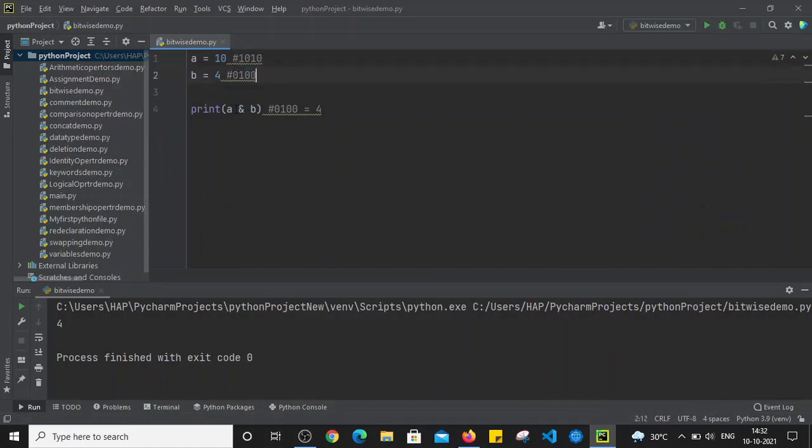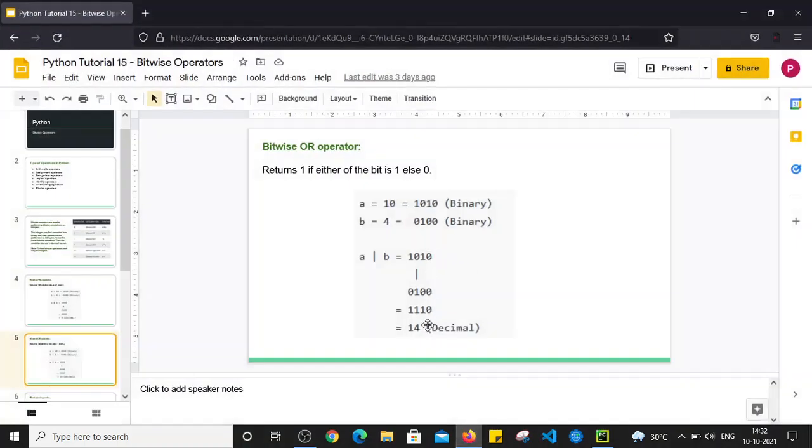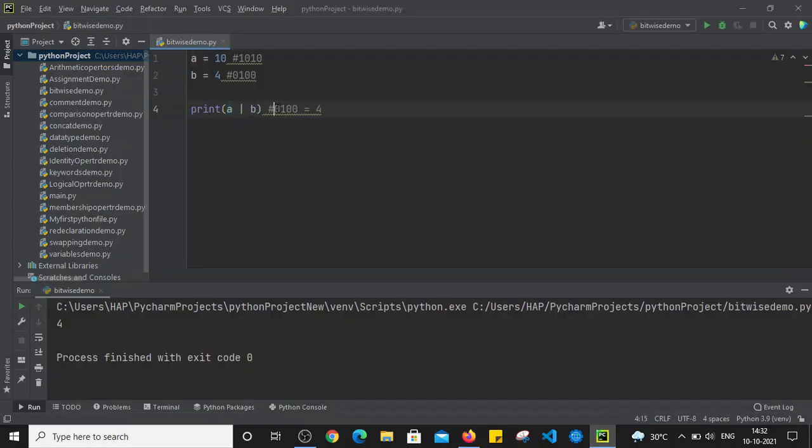So when we print A or B, this will perform bitwise OR operation, and that is going to return the value 1110, that is equivalent to 14.